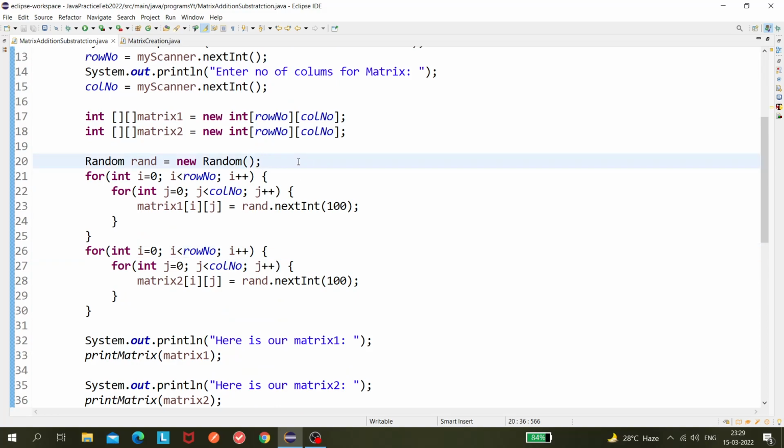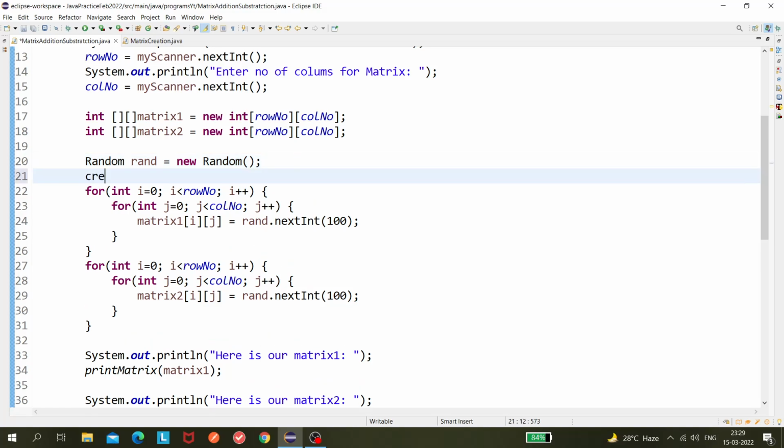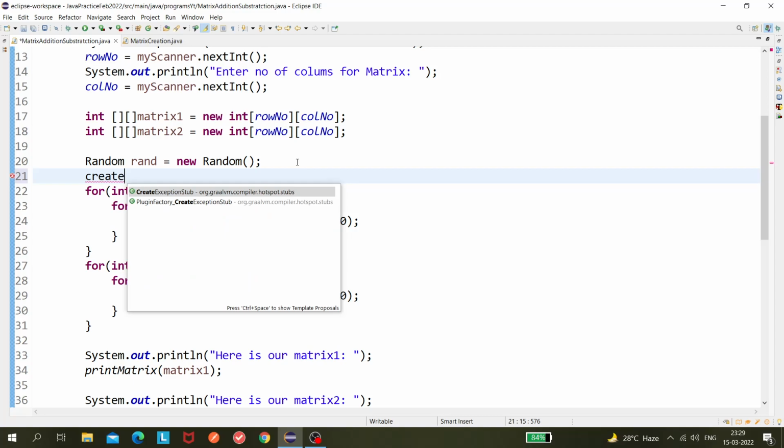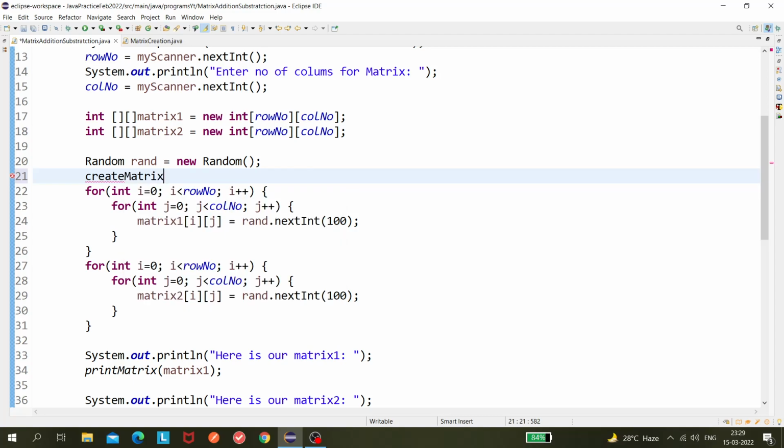So what we can do is create a method, create matrix, okay, and we can pass this matrix 1,